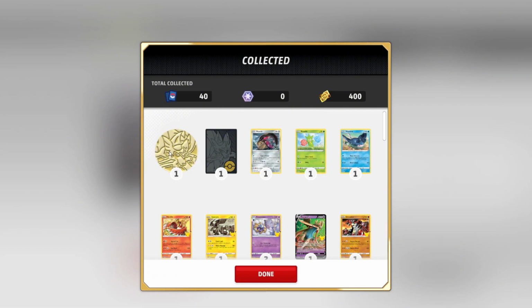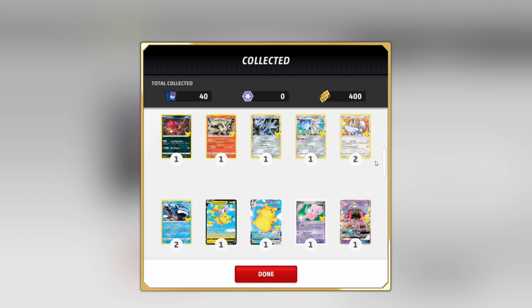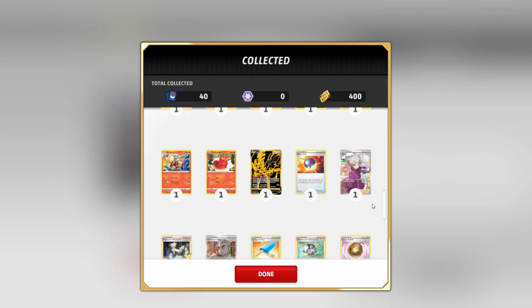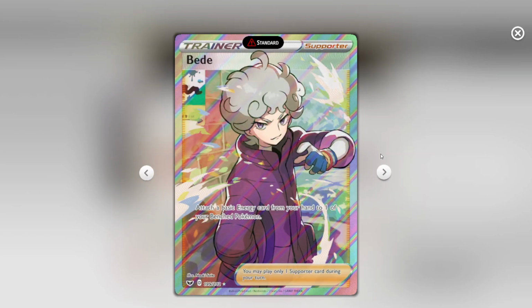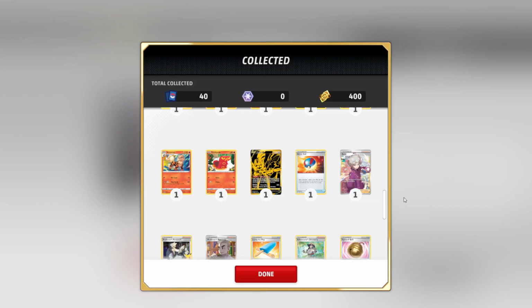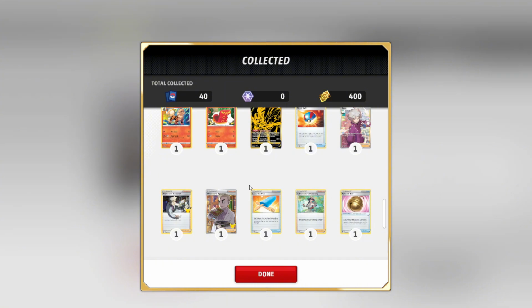I'm excited to use some of these sleeves and coins and whatnot in TCGO. Or TCG Live. It's not TCGO anymore. Fun fact. Yo. Gorgeous. And we got a bead. Love me some beads. Ooh, I love this Professor's Research too. I have one of these IRL. I have a few of this one IRL too, but...